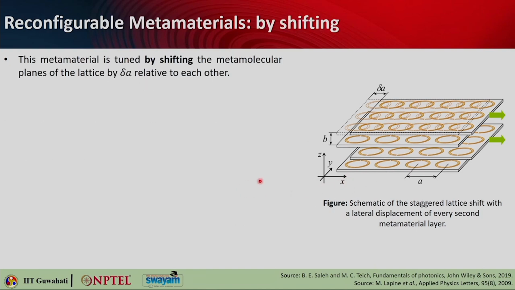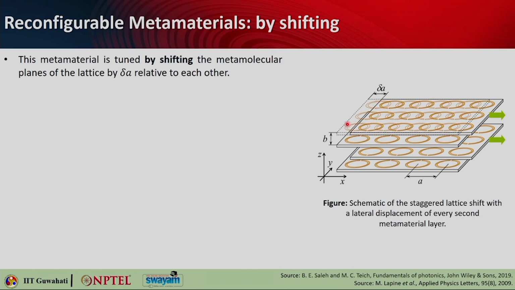So what you see here is basically a reconfigurable metamaterial by shifting the lattice. In this case you are basically shifting the metamolecular plane. So you can call this one plane a metamolecular plane, or simply you can call it a meta atom plane. It does not make much difference what you call them, but what is important here is